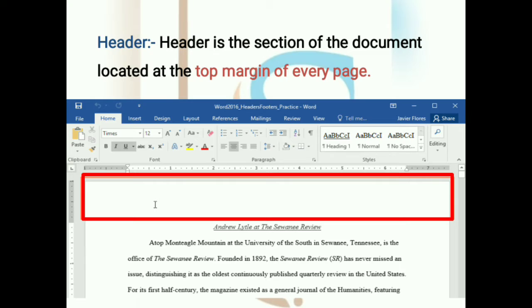You can see in this picture, I have shown it by a rectangular box. This is the top margin of this page, so this is the header part of your page. Whatever we write in the header section will come on each and every page of the document.